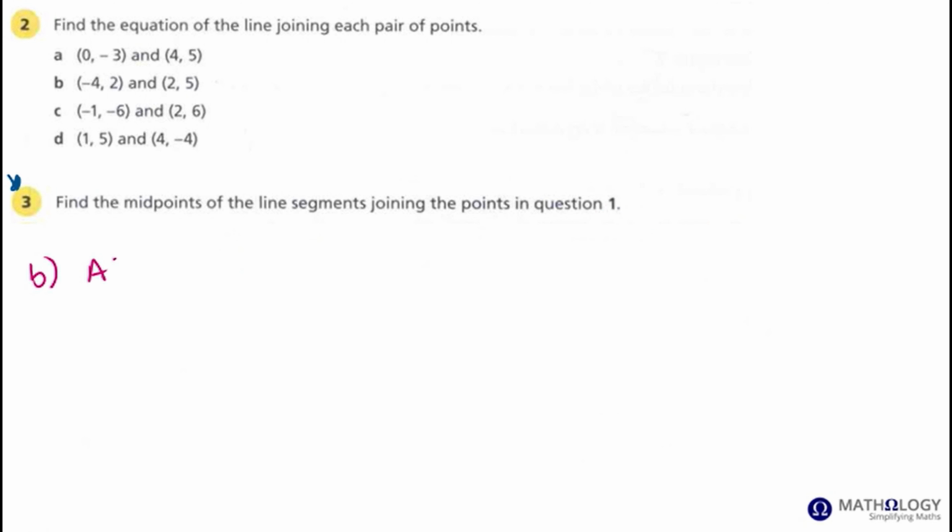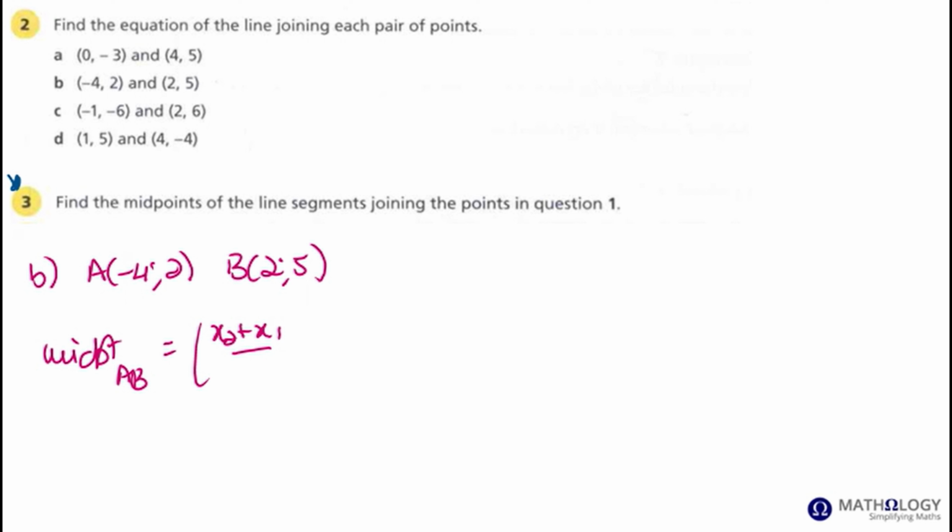For B, the point A is (-4, 2). Point B is (2, 5). The midpoint of AB is the sum of the x coordinates divided by 2. That's the x coordinate of the midpoint. And the y coordinate is the sum of the y coordinates of the 2 points divided by 2. x2 plus x1, so 2 plus (-4)